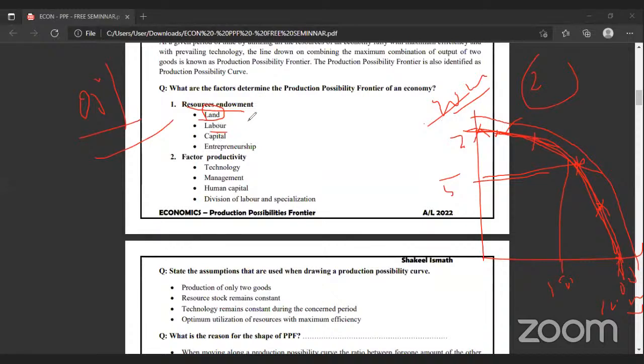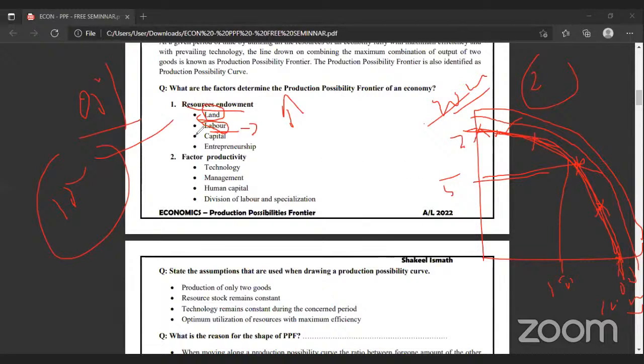And the labor resource. For example, in Sri Lanka, around 15 lakh Sri Lankans are working abroad, in the Middle East, Canada, everywhere, as temporary laborers, right? Suppose all of them resigned their jobs and came back to Sri Lanka. There will be an unemployment problem at one point, but our labor resources, our working population, are increasing. There is a past paper question, 2017, can you remember that? When the working population increases, our resource endowment, the availability of labor, is increasing. Then our labor force increases, which will shift the production possibility to the right side. The curve will be shifted.